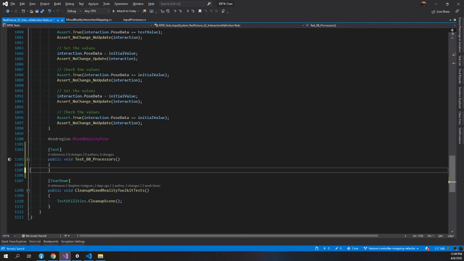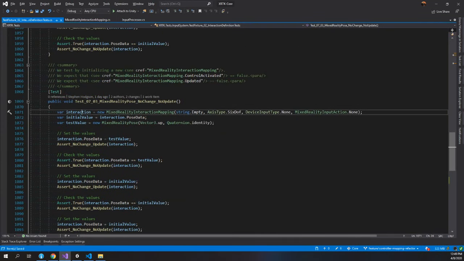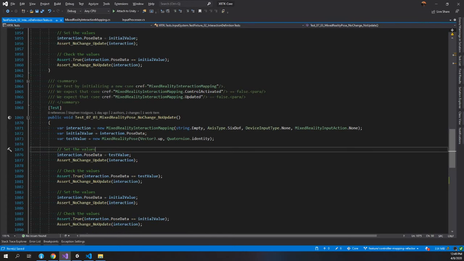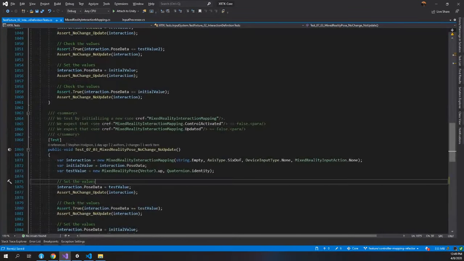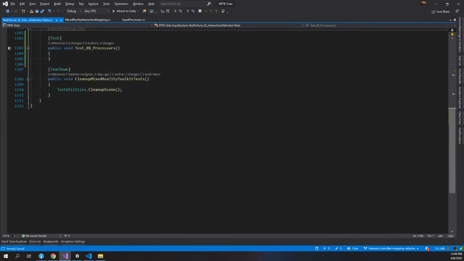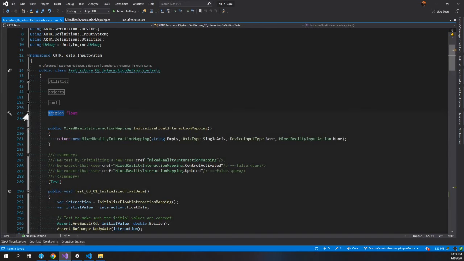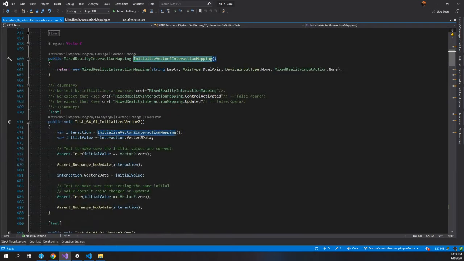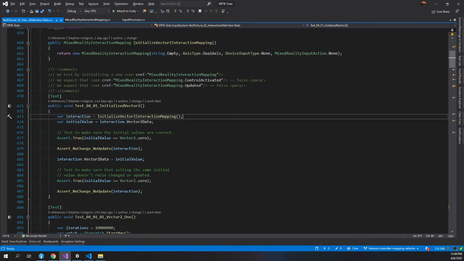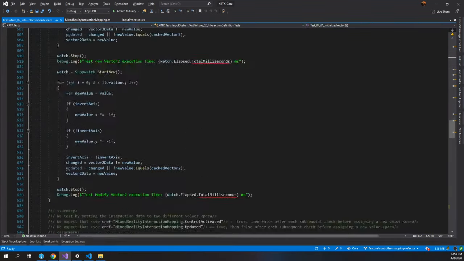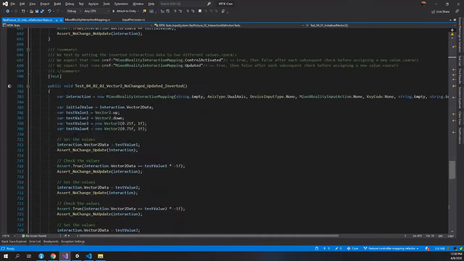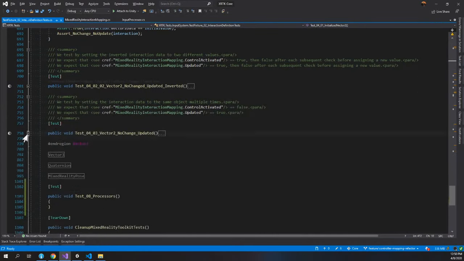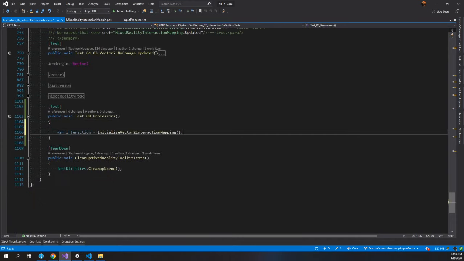Okay, so what we're going to do, how do we set up this stuff before? We set up our new interaction mappings, we do some stuff, we do some other stuff to it. Okay. For now, let's just take a look at our single, no, we want to test the dual axis one. So let me just grab this one. We're going to initialize a new vector2 mapping. And one other thing we want to do is we actually want to pass in our processor somehow. So